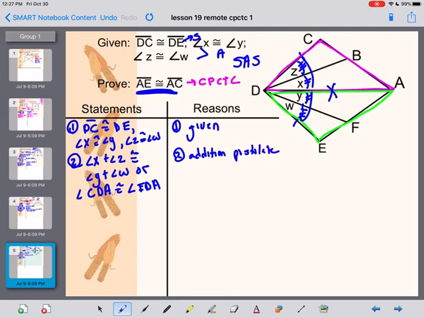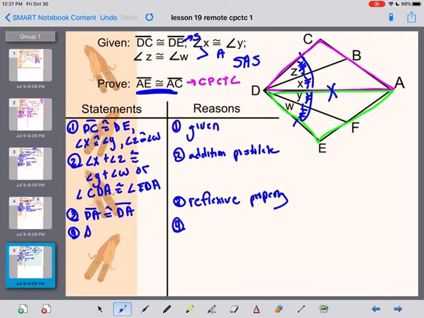Okay, there's my angle. Third piece, again, is reflexive. They really like reflexive in these triangle proofs. Okay, now I have all my pieces. We can prove the triangles congruent. Triangle CDA is congruent to triangle EDA. SAS. And finally, AE congruent to AC,